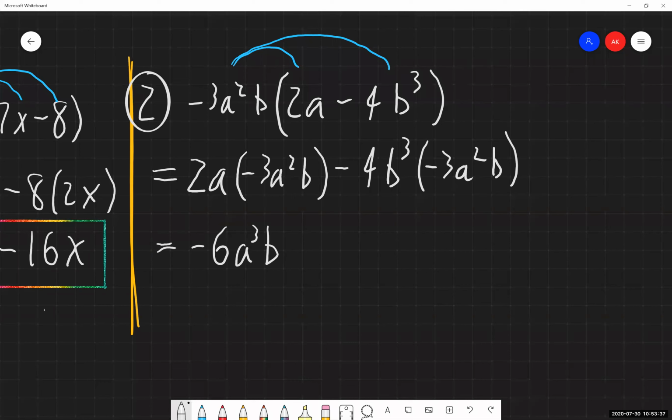For the last part, we have, again, work with the numbers, then the a's, then the b's. Do these things in parts. So I have negative 4 times negative 3. Negative times a negative is a positive. 4 times 3, 12. I have just an a squared in there. Nothing's multiplying with that, so a squared. And then b cubed times b. The bases are the same. They are multiplying together, which means the exponents add together. So I'm getting b to the fourth.